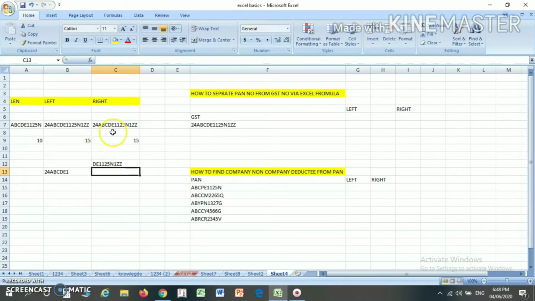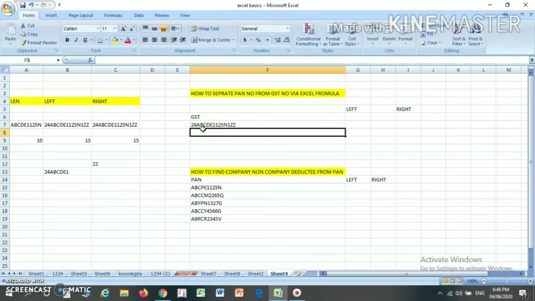Now you will find DE1125N1ZZ. Here you will find that 10 characters are separated from my whole cell data. If I change 10 to 2, you will find that the last 2 digits appear. So in this way the LEFT and RIGHT formulas work in Excel.